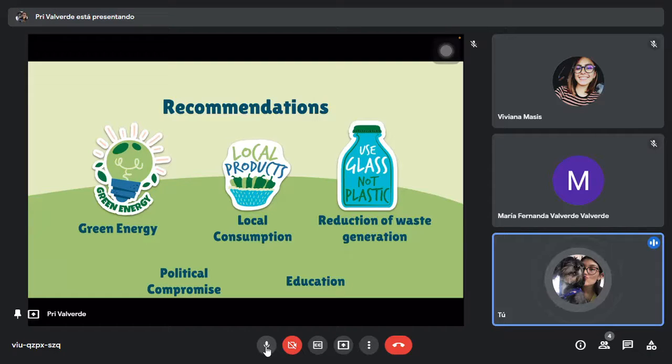Finally, another possible solution is the reduction in waste generation, since waste has become a real problem in the large cities of our planet. According to National Geographic, in a report from 2018, each year 8 tons of plastic end up in the sea, waste from the land. This is favored by an economic model where most products with plastic are disposable. And this is why there are currently many campaigns that ask us to change plastic for glass, a material that allows several uses and thus encourages recycling and reuse.